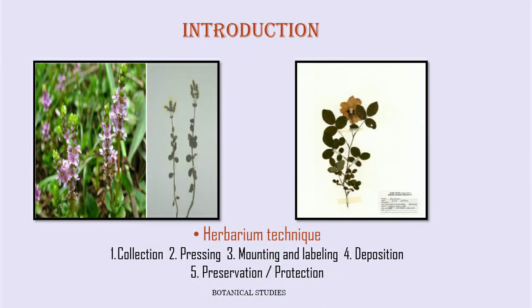Introduction. Herbarium is a collection of plants or plant specimens. It is a place where the plant material is preserved using various techniques and arranged as per the sequence of their families according to the system of classification. It serves as a source of information on the flora of any region. It serves as a source of research and teaching materials in systematic and ecological botany.